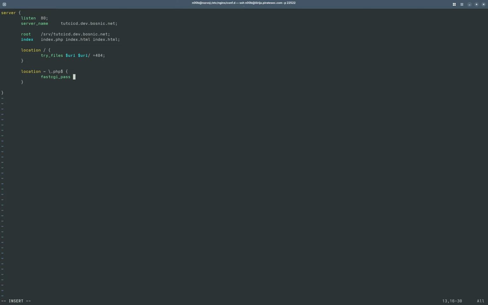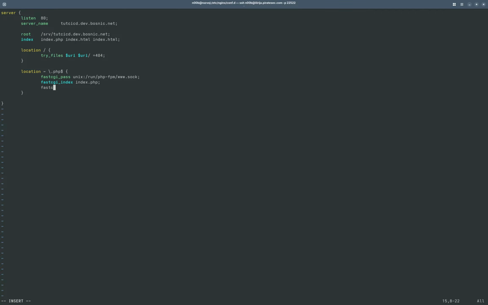Since that's covered, I'm now just using that and writing my PHP fpm config, which will use this www, right? And fast CGI index is actually index PHP,